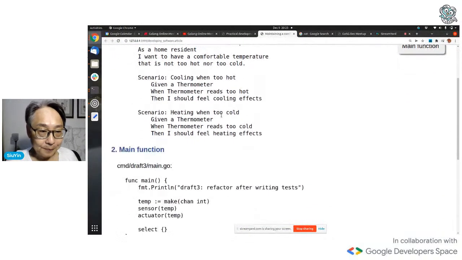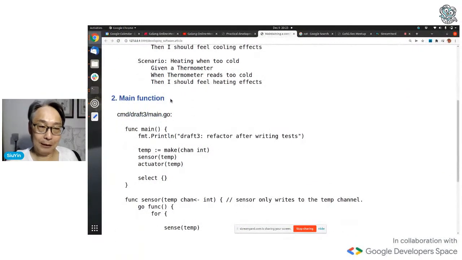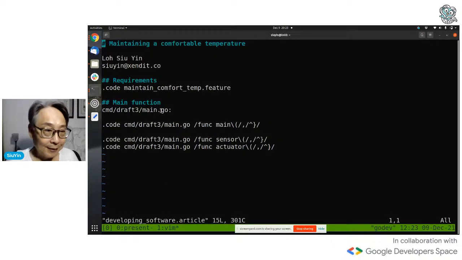My main function is this. Don't tell me this is also linked in code. Of course it is. Main function is this. I typed in this to show that it's in command draft 3 main goal. This is the code directive again.